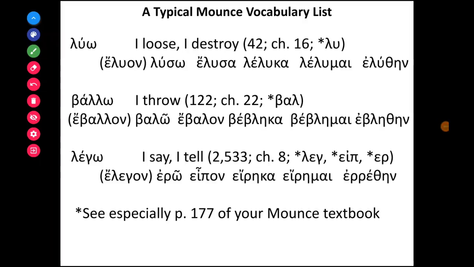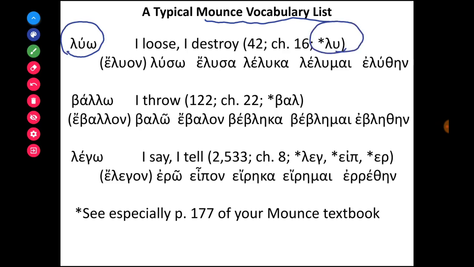This is a special instructional video on how to understand and study Mounce's vocabulary concerning verbs. We couldn't introduce or describe Mounce's vocabulary list for verbs until we went over chapter 22 with verbal roots and introduced the second aorist tense and its forms. What we need to remember is that whenever we memorize the lexical form, make sure that you also memorize